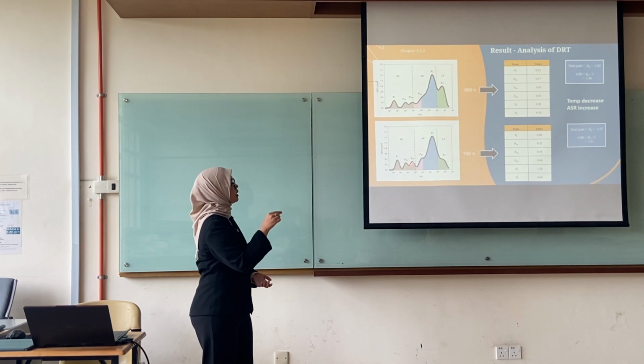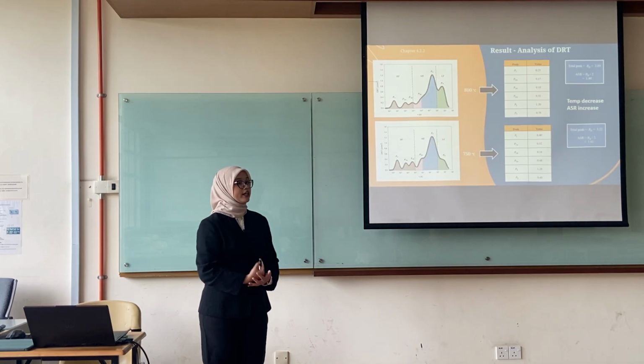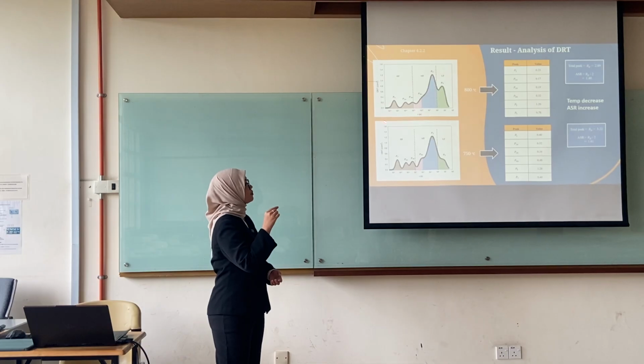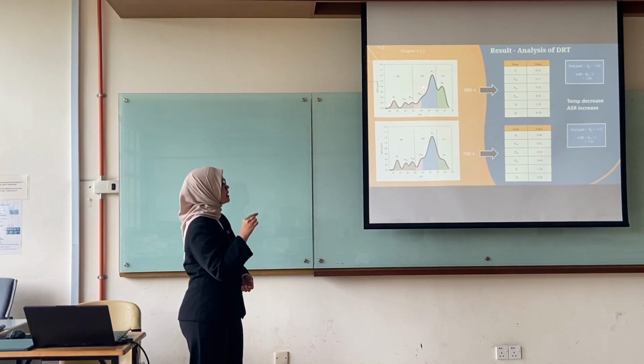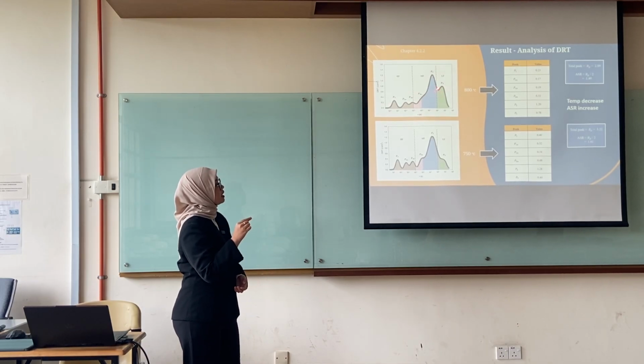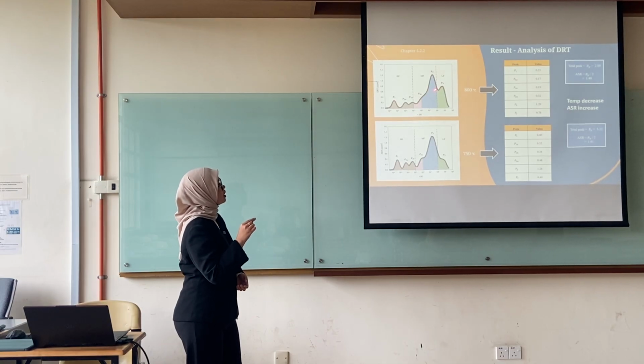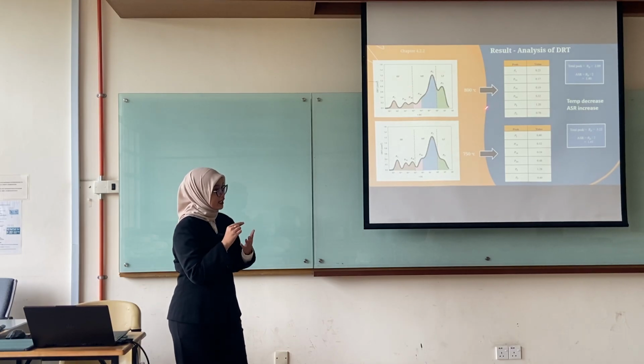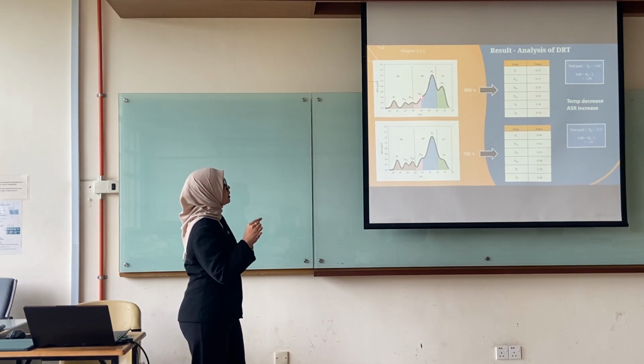Same goes for the other DRT graphs of other temperatures. The colors are just to show the difference, where the brown color shows the high frequency of the BCZY electrolyte, while the P2A